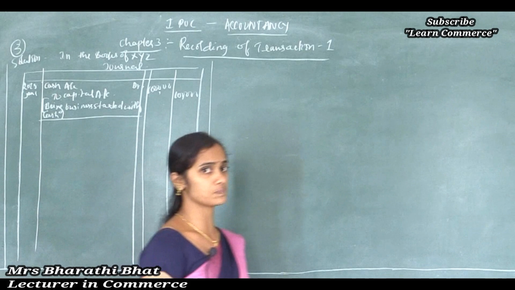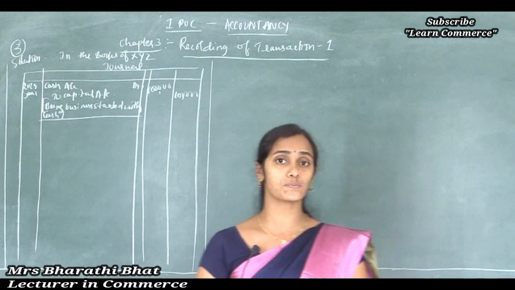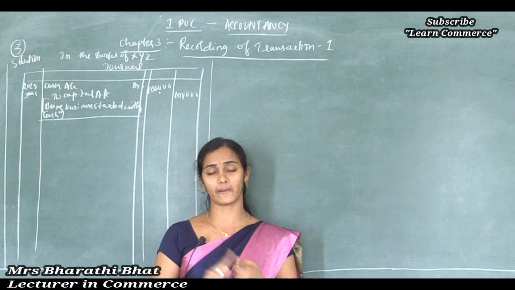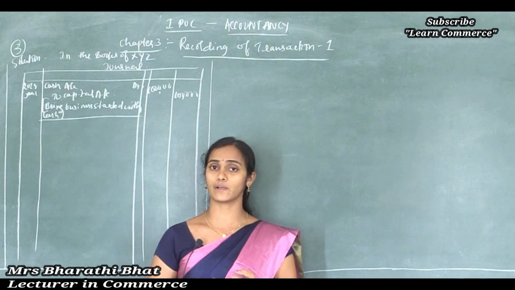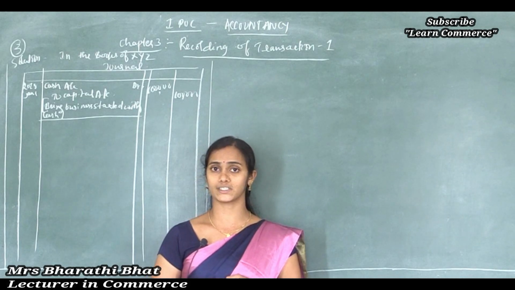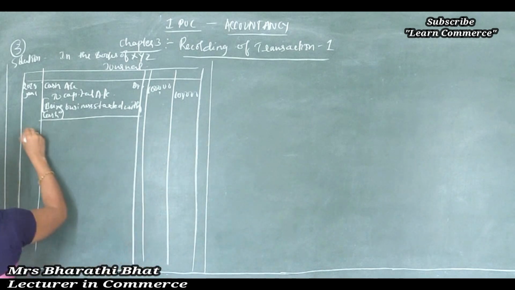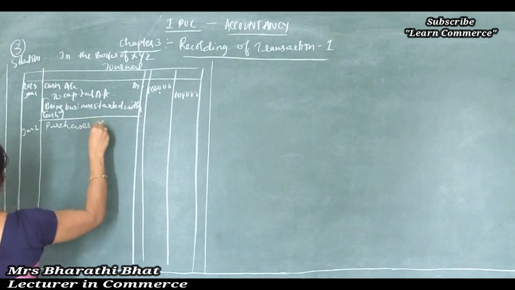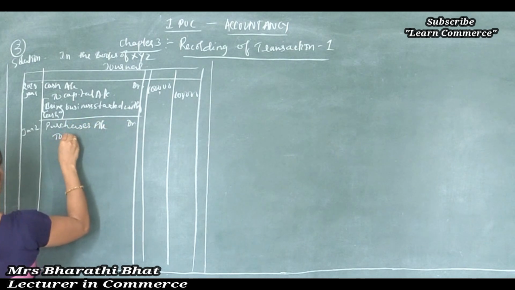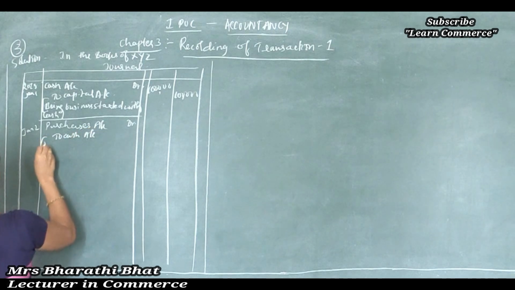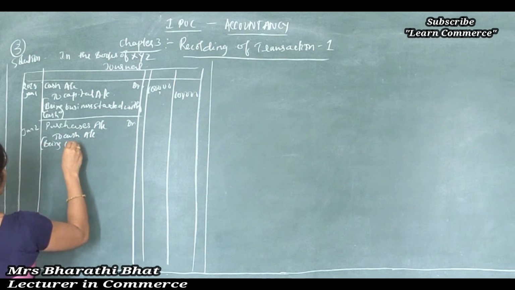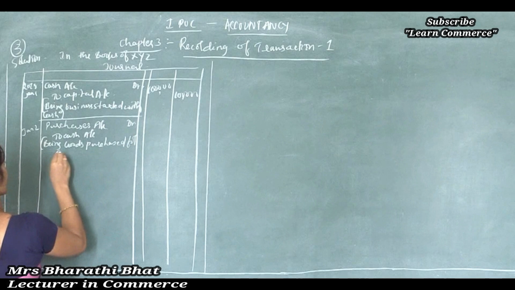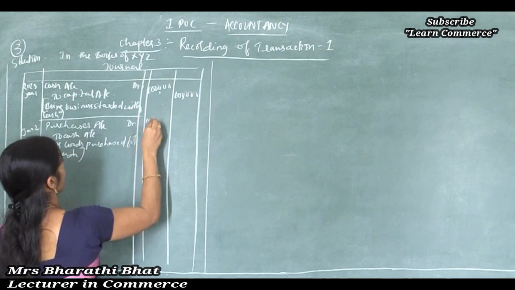And the next date, January 2, purchased goods for cash. When we purchase something, then we have to pay cash. So purchases come under expenses account, cash comes under asset account. According to the rules of expense and asset, increase in expenses is to be debited. So which account is debited here? Purchases account. Correct, right? January 2nd, purchases account debited to cash account, in bracket being goods purchased for cash, amount 10,000.